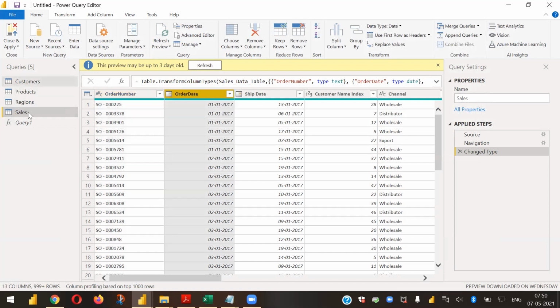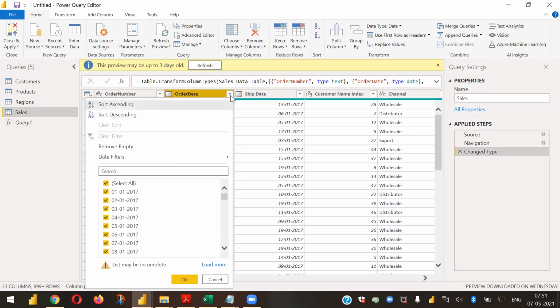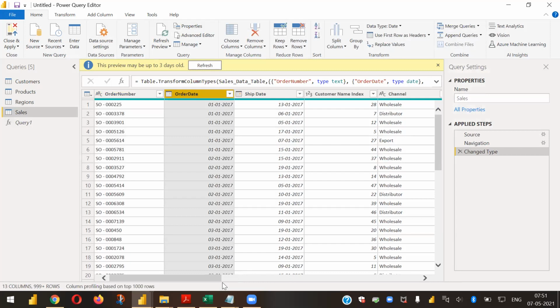Like you go to your sales table and see there's a date information here. I think there are two dates in our tables, and you go here and see what is my start date and what is my end date. You can understand your date is starting from 1st January 2017.